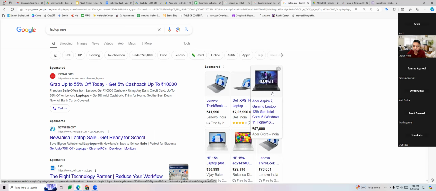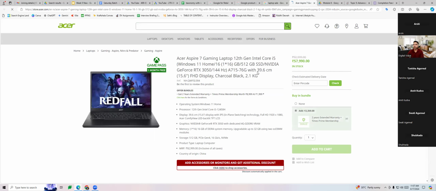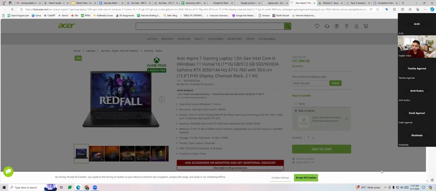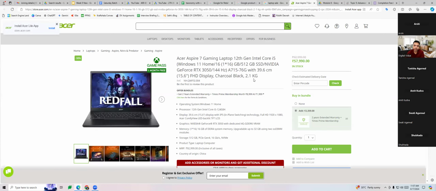Now, if you click on the ad anywhere, the ad will take you to their product page. This is the product page, where you can check out the product. If you like the product, you can go ahead and add to cart and buy the product as well. So all that is possible. Shopping campaigns, as you can understand, is very good for e-commerce kind of businesses. If I'm running an e-commerce business like Amazon or Flipkart, and I'm selling various products, then I will like to run a shopping campaign or a shopping ad.